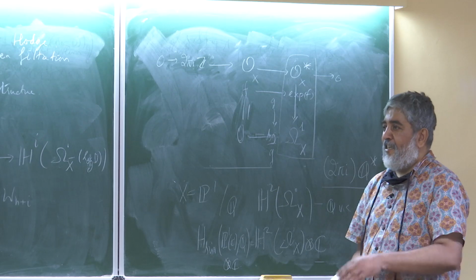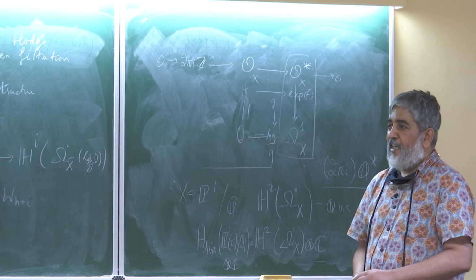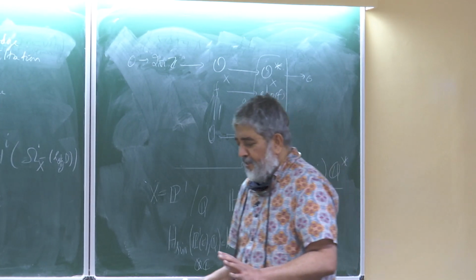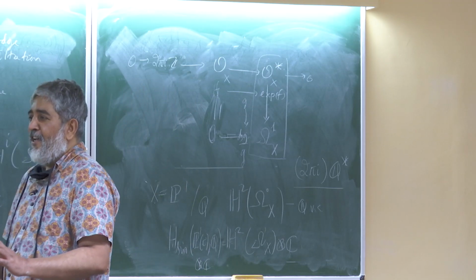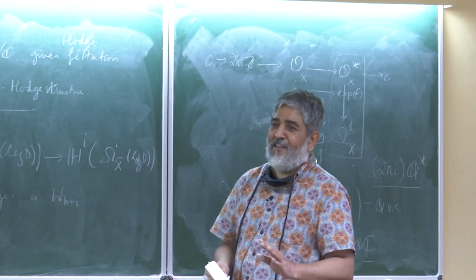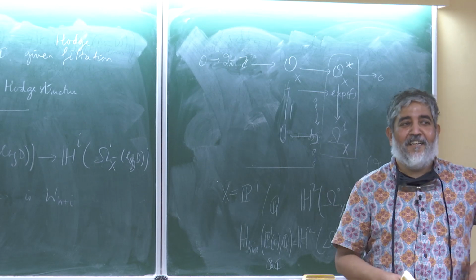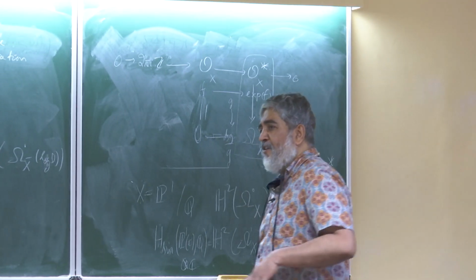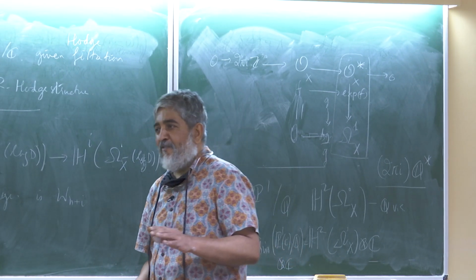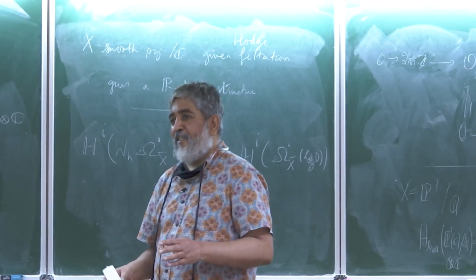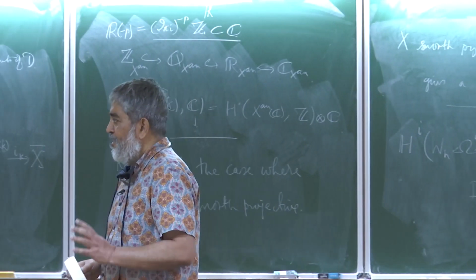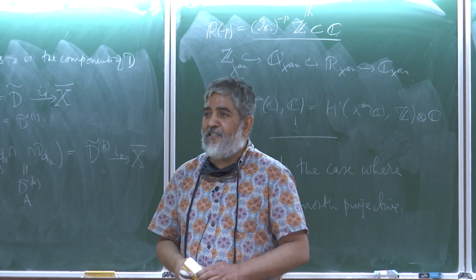Deligne does say something about the sign in his notes, and he's careful about it. But when I read the paper, which was a long time ago, so I've forgotten, there's also the convention of what sign you take when you take a boundary map. Whether you shift the complex and then take it, Deligne gives a paragraph or two on this. The problem is that in homological algebra there are lots of conventions, and you have to fix your convention, and then somebody else's convention will be different, and then you have to see how yours goes to the other person's convention. So basically it's a mess.